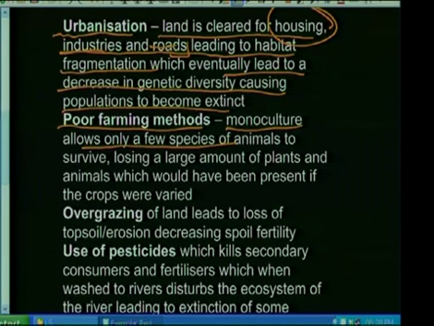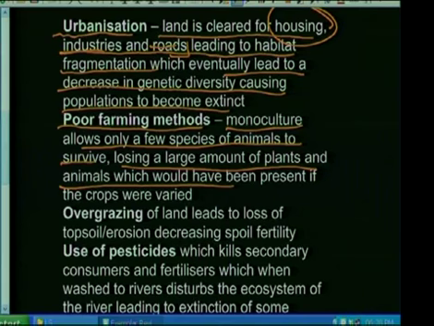This has disastrous effects on the land. So it allows only a few species of animals to survive because those animals are dependent on the crops that you are putting there. So you're losing a large number of plants and animals which would have been present if the crops were varied. In addition to this, monoculture will deprive that particular area of certain of the same nutrients